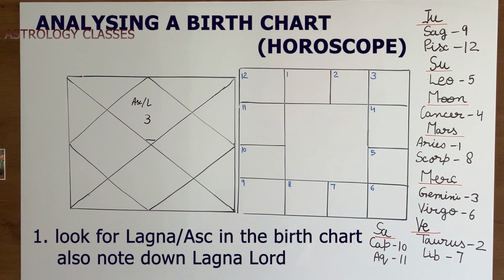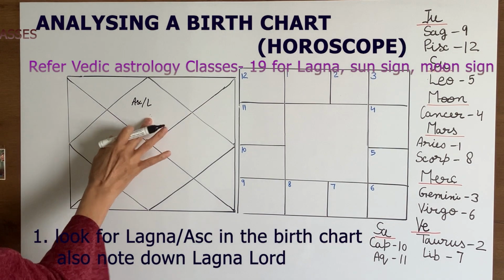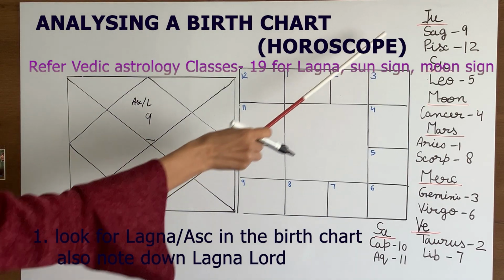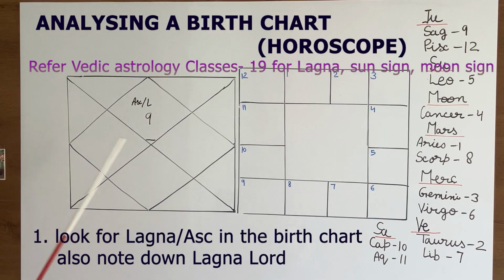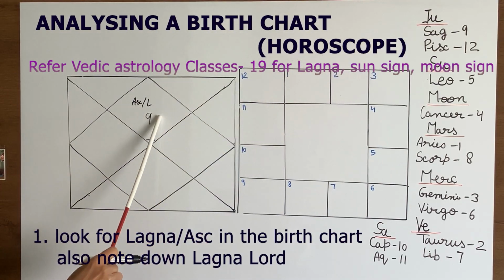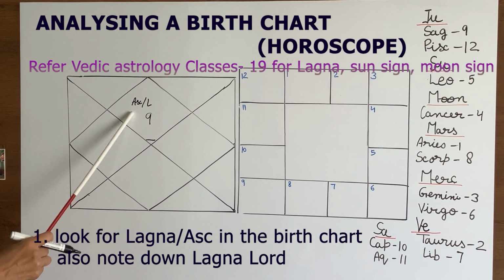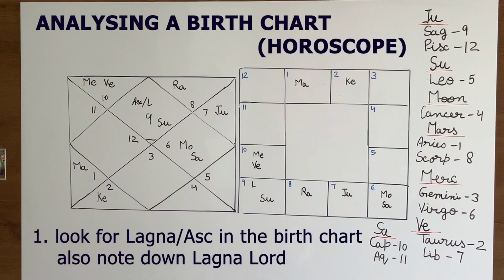If number 9 is mentioned in the first house, lagna will be Sagittarius and lord of Sagittarius is Jupiter. So, lagna lord will be Jupiter. So, the first step is to find out lagna and lagna lord. Next,